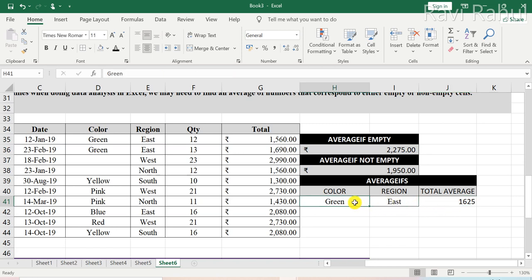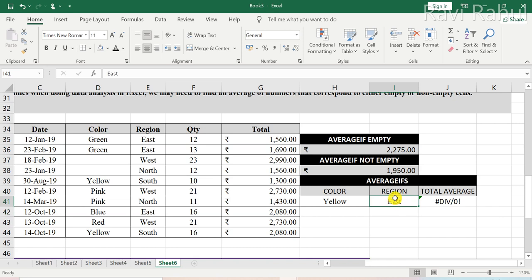Suppose I want yellow color to be displayed in east. Suppose I want to know the total average sale of yellow color in the eastern region, then I will feed yellow here, and the region is east. But if you see here, no yellow color has been sold in the eastern region, so it is displaying such a value.